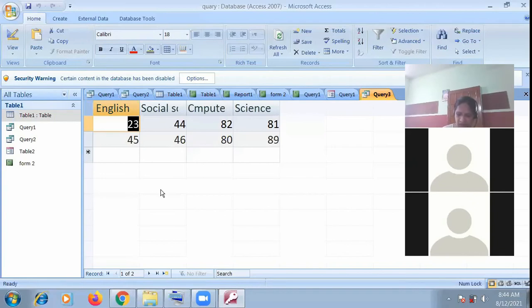Retrieve means extract the data or filter the data. A form is not used to filter the data. When there is an option to filter the data, we will only give focus to the query. Query only can filter the data.